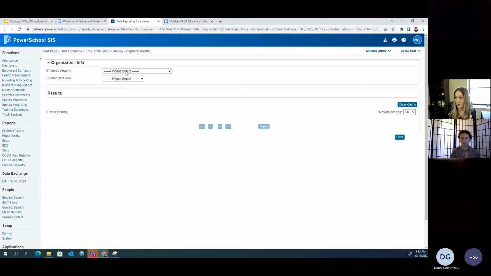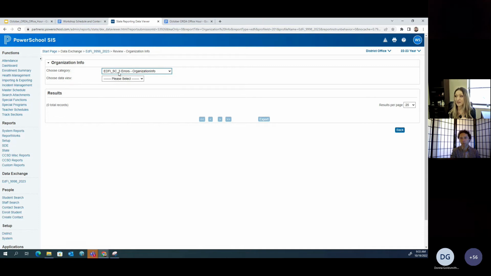The first says choose category. So these are kind of interesting. I know that I don't have dependencies here. I would like to look at errors, so I'm probably going to click that. If I wanted to, I could click this summary, which can be interesting, especially if you want to see the breakdown of errors and dependencies across schools in your district. But I'm going to click errors because that's just what I want to look at.